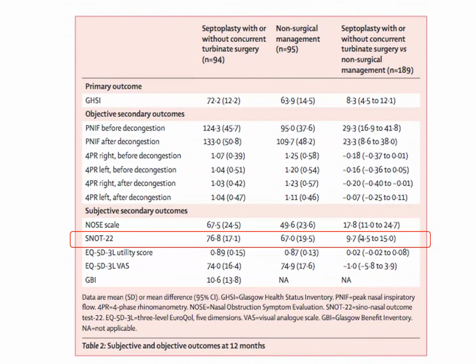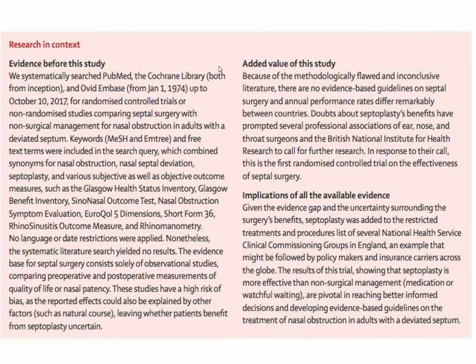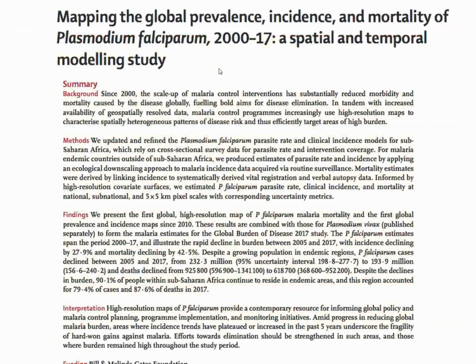So the SNOT scale was definitely better in the patients that had septoplasty compared to the patients that had the non-surgical management. And the differences were not great, but the septoplasty group seemed to do somewhat better than the conservative management group. Two studies in the Lancet concern mapping malaria, falciparum malaria, which is a little more important than